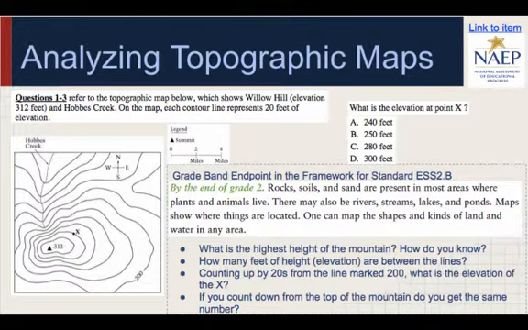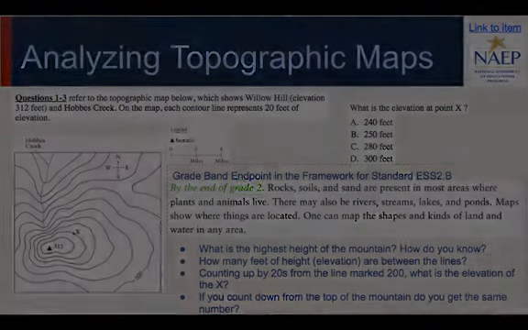Teachers may use this as part of a unit assessment, individual or partner work, or as part of a class discussion. This particular question asks students to find the elevation of point X on the topographic map. Help students orient to the map. How many different ways can students find the correct answer to the question? Start at the top of the hill and count down. Start at the line marked 200 and count up. Eliminate which answers do not make sense. The cross-cutting concept scale, proportion, and quantity focuses on determining the correct number in this specific problem. It could also lend itself to explore different distances on the map.